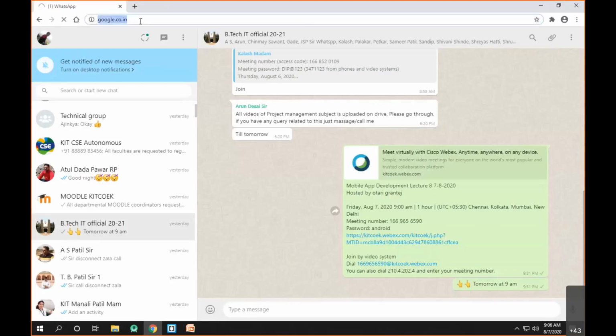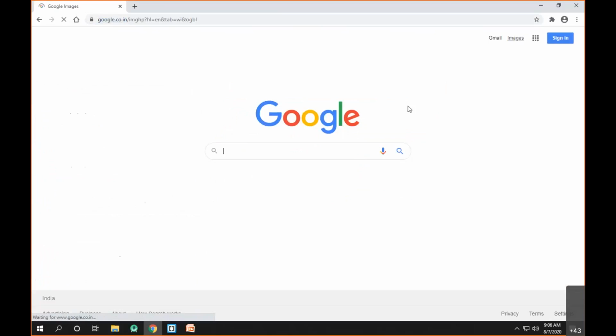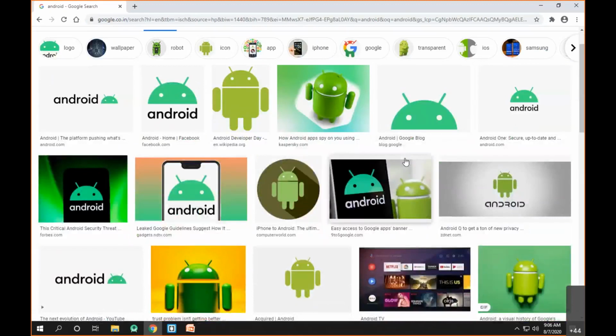We'll go to any search engine, go to images, and search for Android, and we can download an image. Let's say we'll download this particular image.